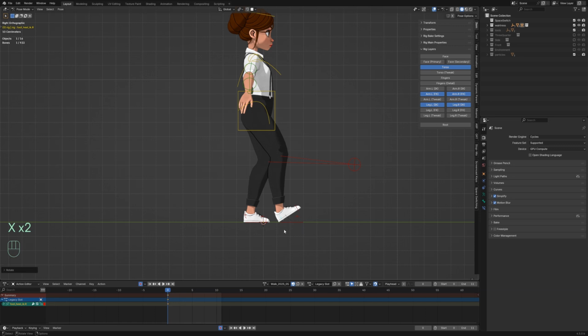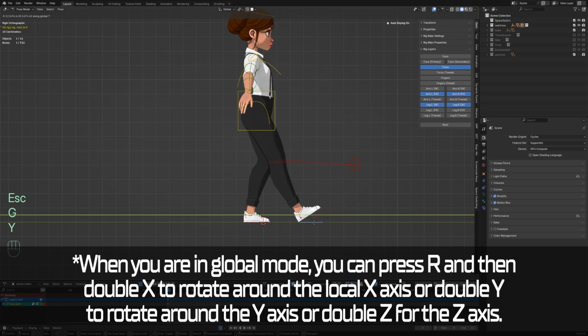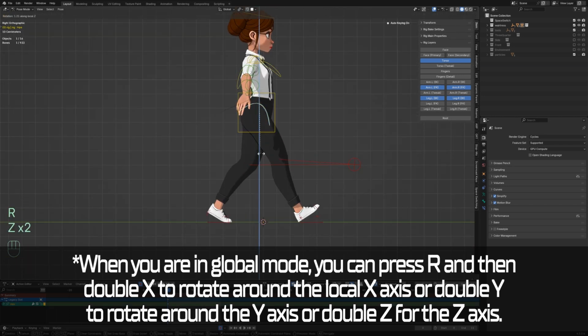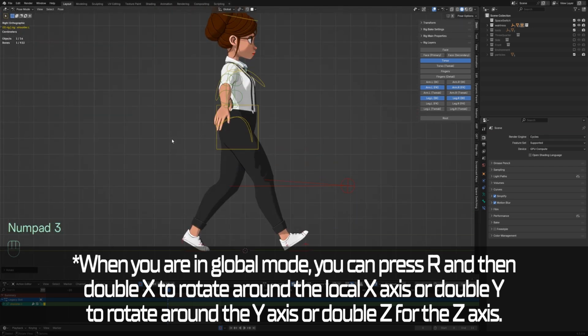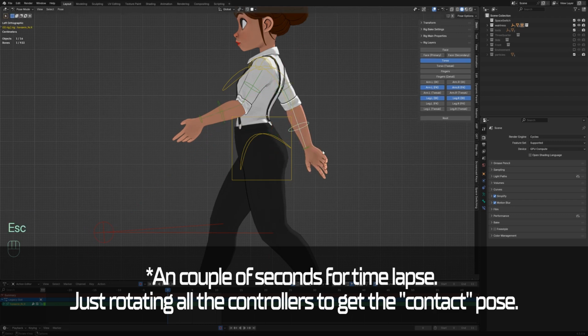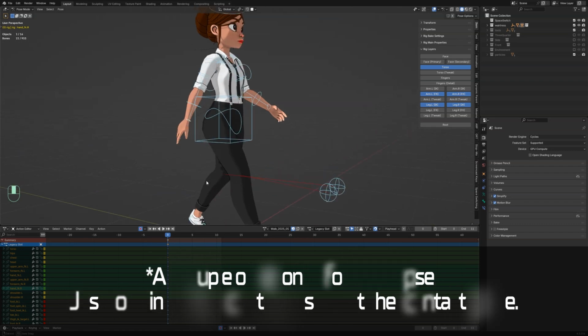I'm just pressing R and X twice to rotate in local mode. Even though right now I'm in global mode, when I press R to rotate and press X twice, I will be able to rotate in local mode. So. Our first pose is done,